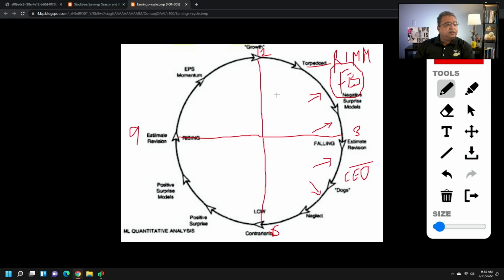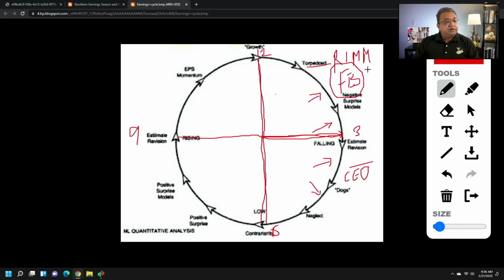So you have people who don't understand negative surprises can lead to more negative surprises. If they keep buying stocks because they have missed earnings, then in this particular quadrant, it is likely that it is going to keep on going down. And this is what you'll see on many stocks, that they miss earnings for the first time. Fastly is a good example of that. And then it misses a second time, and it misses a third time.